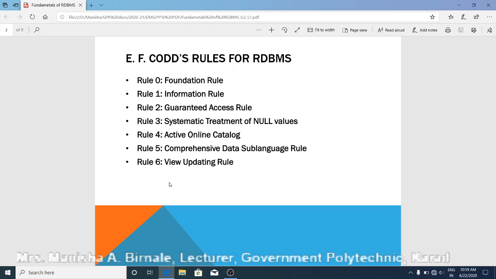That is called a view. So rule 6 is the view updating rule. All the views of the database must be updatable by the system. Means the user should be able to update such views of the system. The user should be able to make changes in such views.